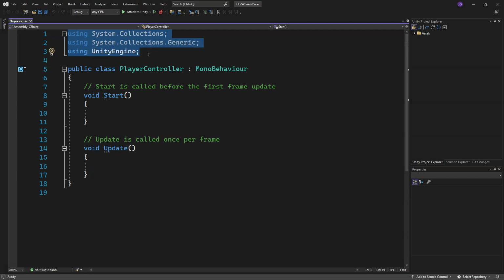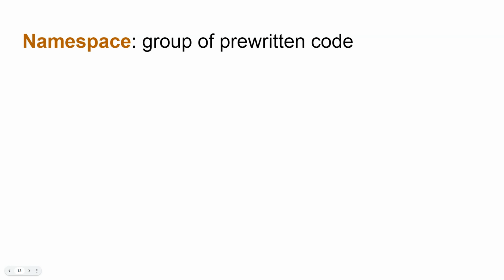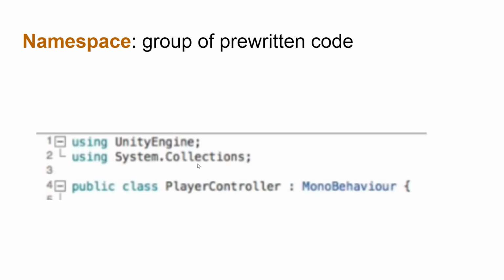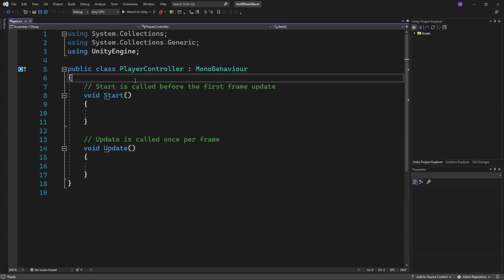These are namespaces. A namespace is a group of pre-written code. It makes things a little bit easier so we don't have to code everything from scratch. We can also make our own namespaces, but we have some namespaces done for us already. In this example here, you can see I've pointed out the namespace. There are 2 in this example. Then going on to line 5,